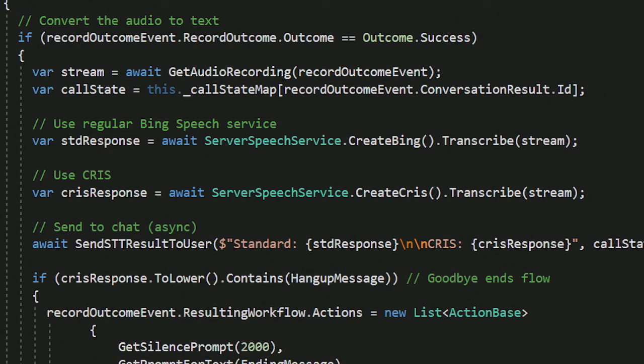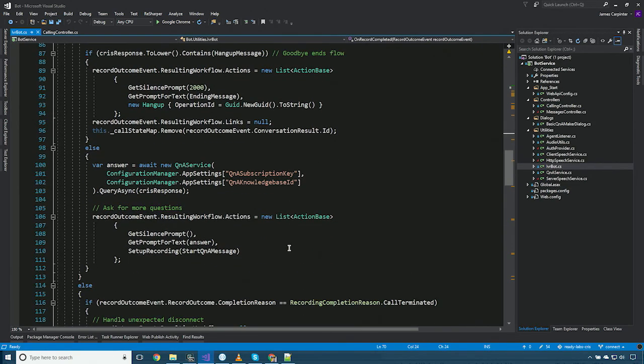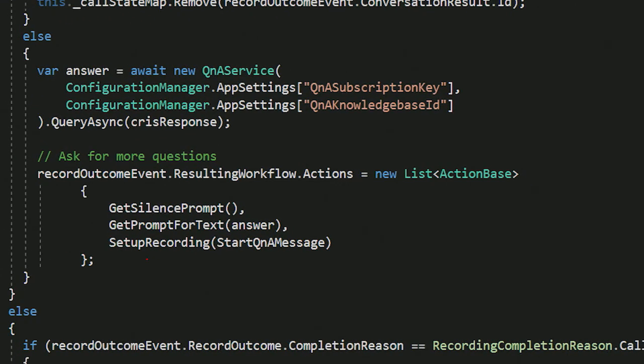We're going to log out what both services thought, what their best guesses were, and then we're going to send that message over to the Q&A maker. And if we scroll down a little bit further, we'll actually see that in action. You'll see that I have the Q&A service. I pass in my subscription ID, my knowledge base ID. I wait for a little bit to simulate the human response. I take that answer that's returned, I speak it back to the user, and then I ask them to ask